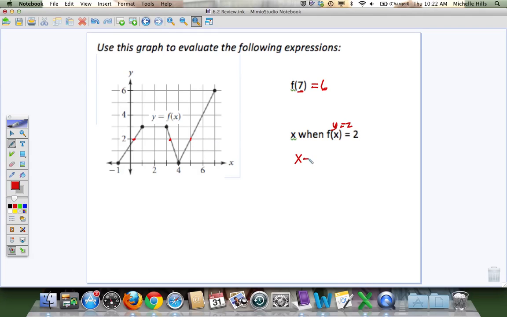My first answer is x equals about a third. My second one is x equals about 3 1/3. And my third one would be exactly x equals 5. The first two you might be slightly off on. The third one, it's exactly 5, so you need to make sure that you have